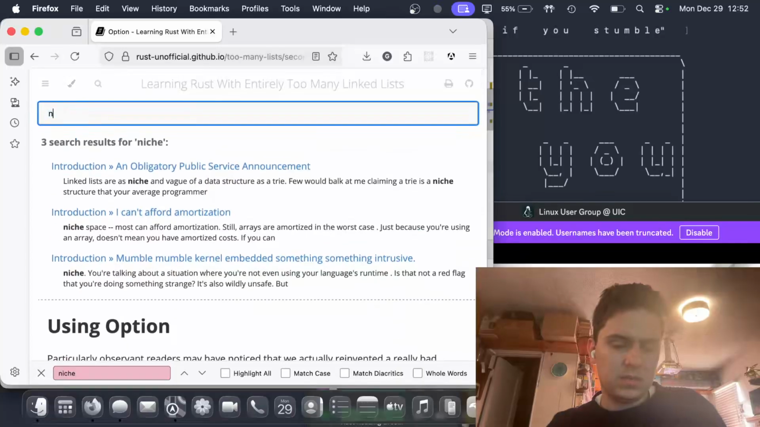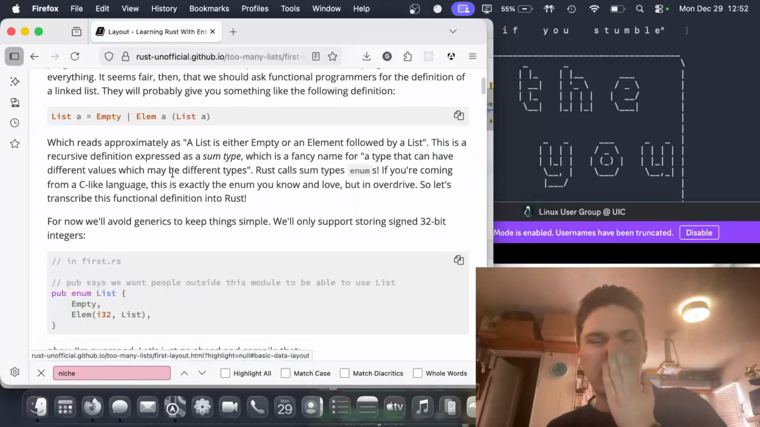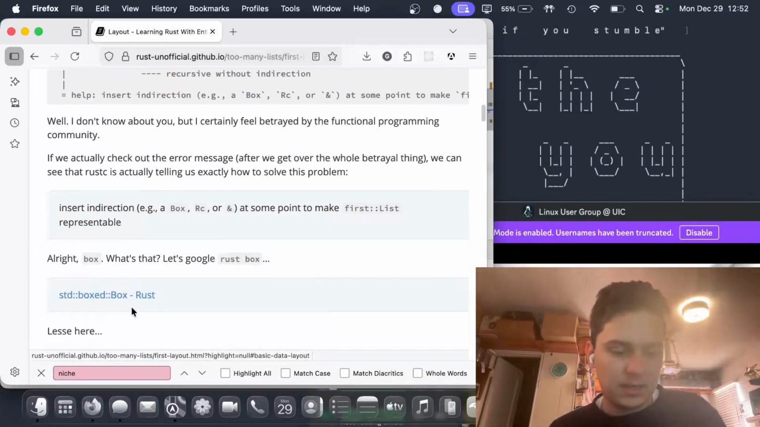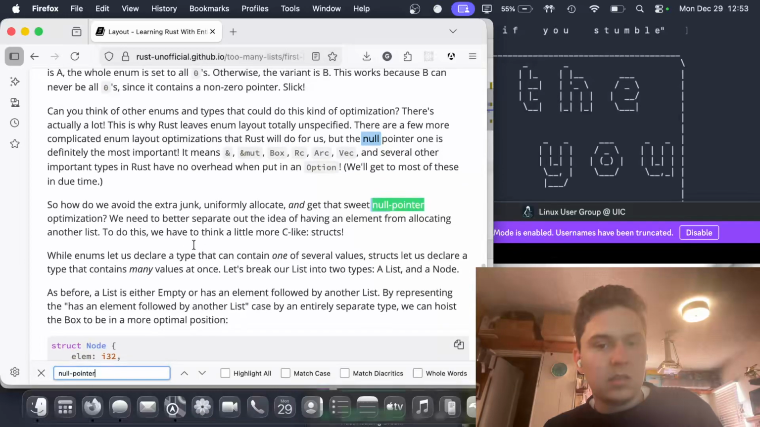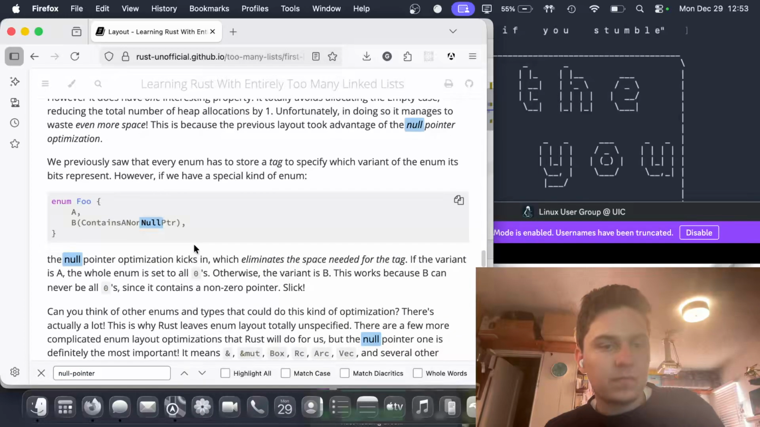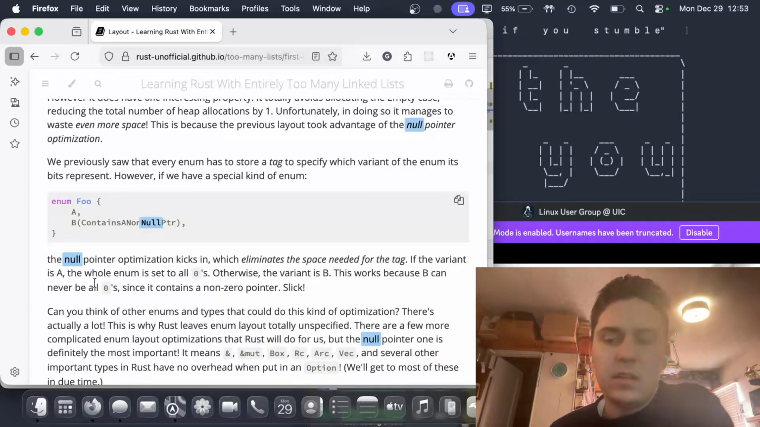Niche? No. Well, she calls it the null pointer optimization, I think. Yeah, this is where she's talking about it here. This is in the first list, first layout thing. The null pointer optimization thing is actually just what